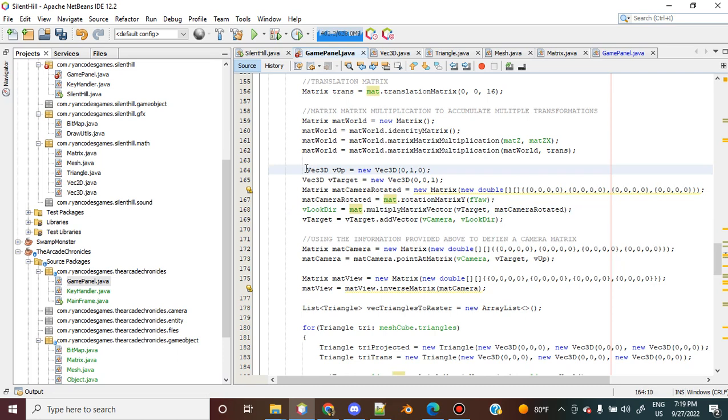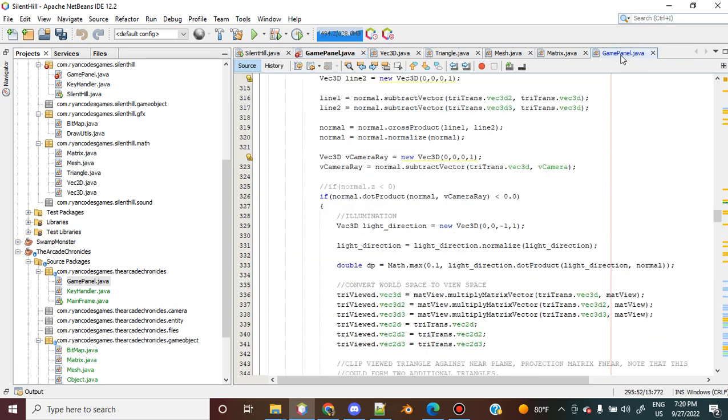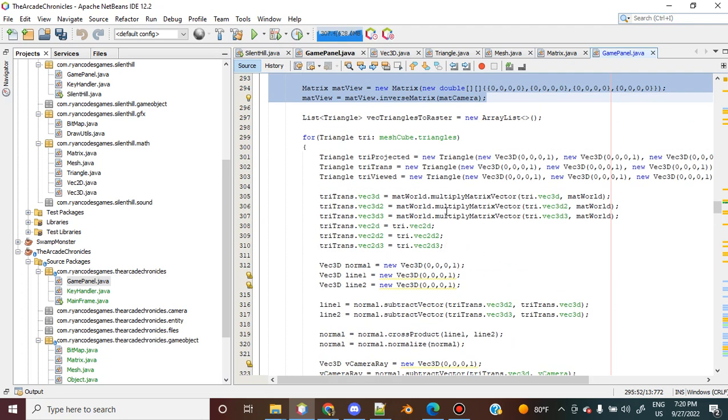Okay, so now that we have our up direction, our target direction, we've defined our rotated camera. I forgot whether the matrix needed to go before or after the vector. And so after that,